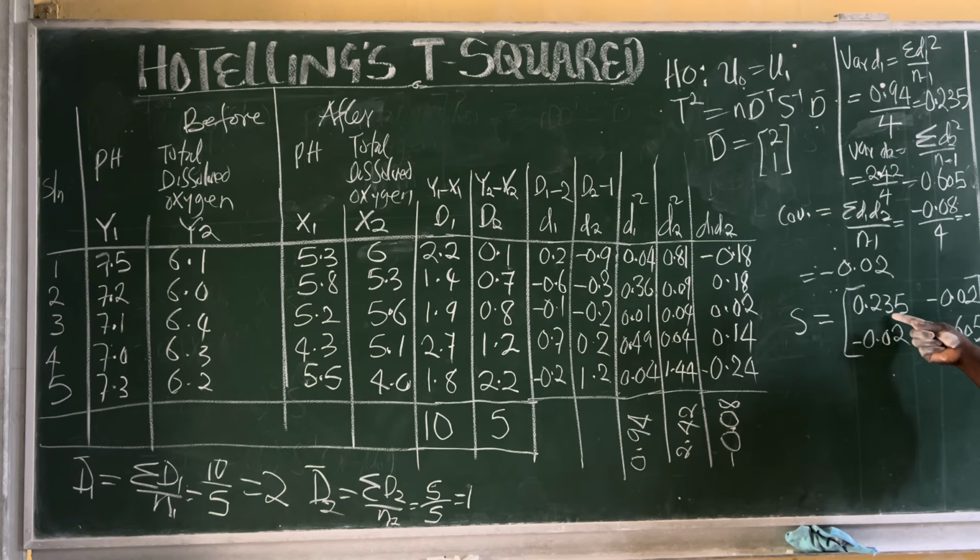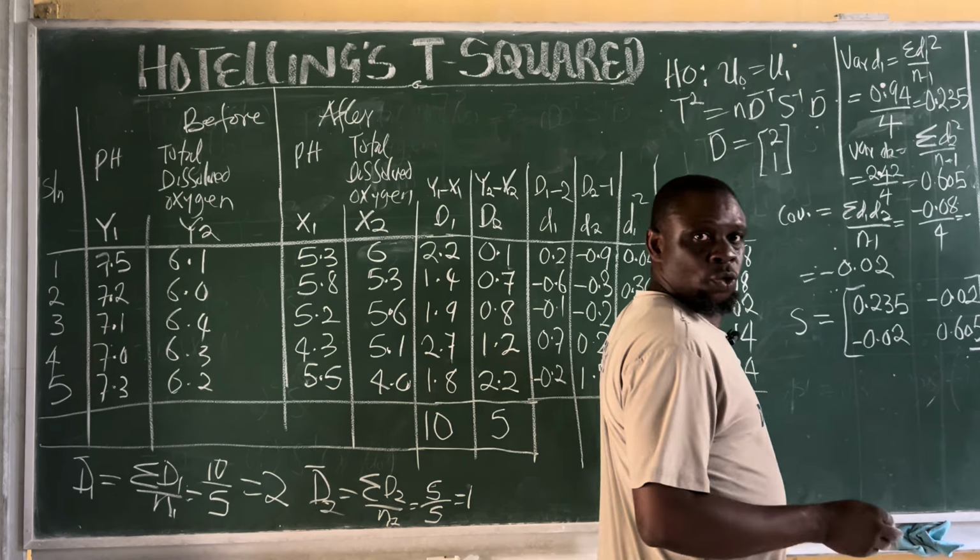And just like what we are seeing here, this matrix is a symmetric matrix. You can see that the off diagonals are the same. So it's symmetric. And so if you take a transpose of a symmetric matrix, it will give you the same thing. So whether we transpose or not, you see that the cofactor is the same as the adjoint. So that